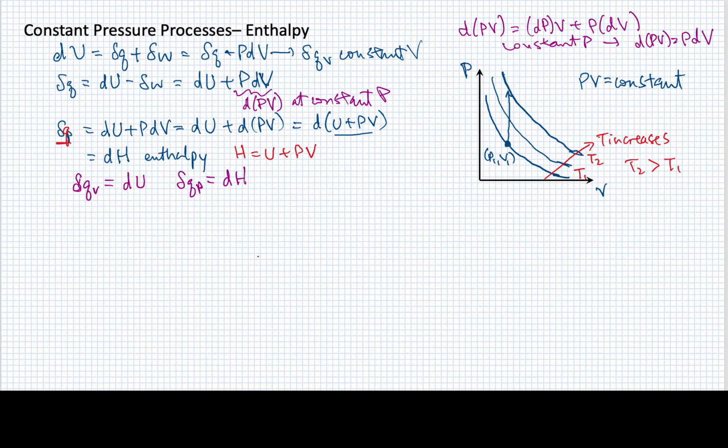So I've basically moved from T1 to T2. And I've done it along this line that is vertical, so it corresponds to constant V1. It corresponds to a vertical constant V1 process. So constant volume process, which would take me from point 1 down here to point 2 up here,